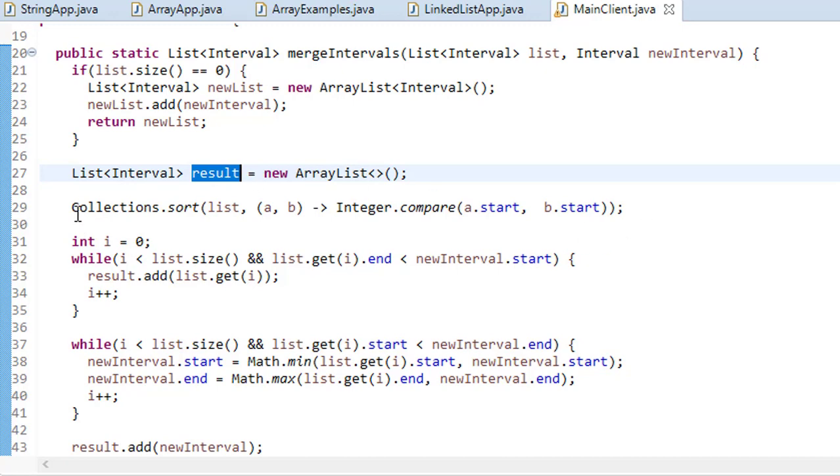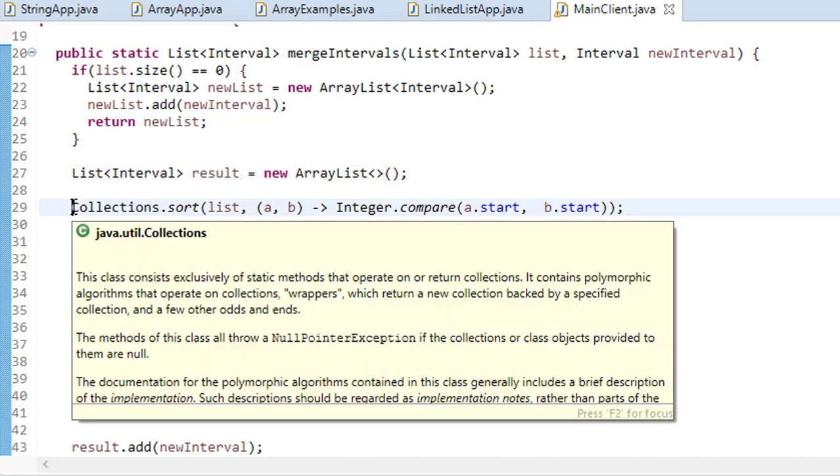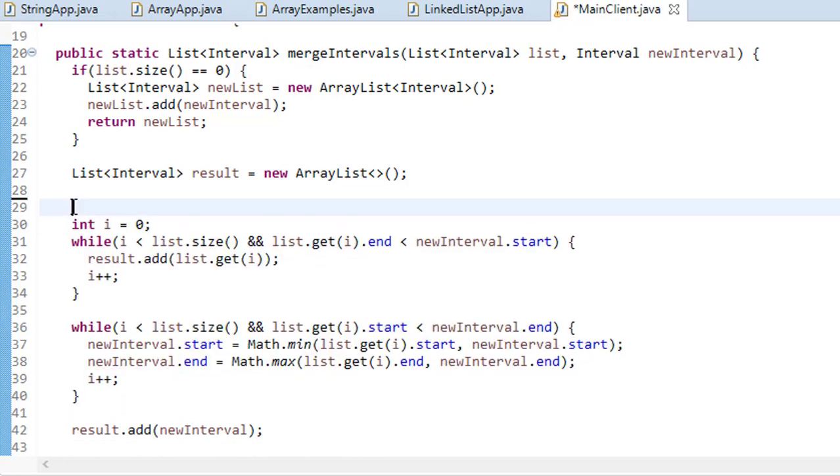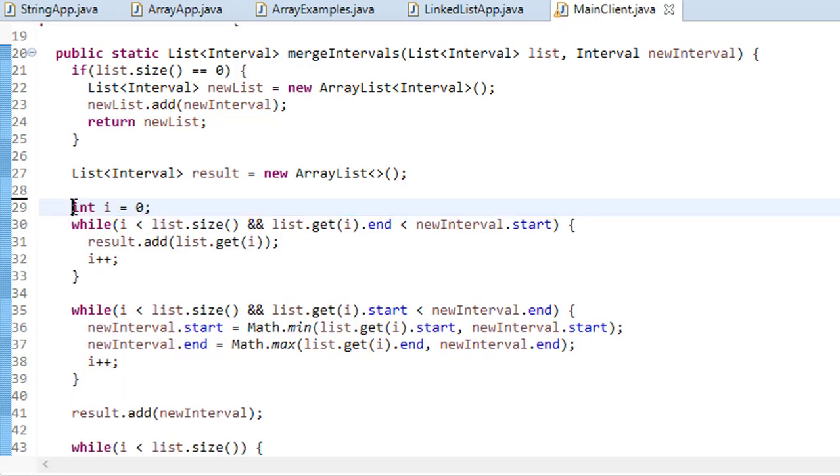So now why are we doing this sorting? Because this could happen when the given intervals are not in proper manner, they are not in merged manner. So if that is the case, then we can simply sort all the intervals we have been given, and then we can merge all the list. But in this case, because they are already merged, we can just remove this one, right?